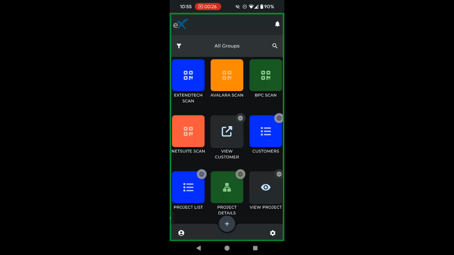Today, diving into a little bit of a unique utilization of the eXtendMobile application. While many of our customers utilize eXtendMobile in the context of field services or warehouse management, production floor operations, or maybe even in the hands of their salespeople in the field on their tablets or mobile devices, today's focus is on trade shows and the unique utilization that we have for it, and was actually one of our original utilizations